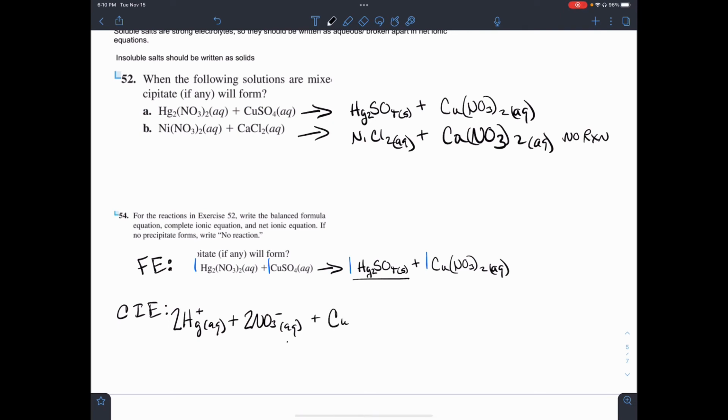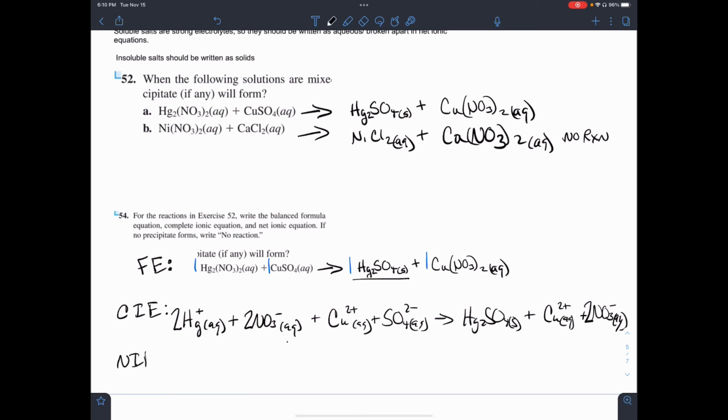Copper has a 2+ charge, aqueous, and there's only 1. Sulfate has a 2- charge, aqueous, and there's only 1. Hg2SO4, the solid, will not come apart, so I write it intact. Copper has a 2+ charge, it's aqueous, there's only 1. And nitrate has a -1 charge, there will be 2 of them, and it is aqueous. So that should be balanced. Feel free to double check it. Finally, the